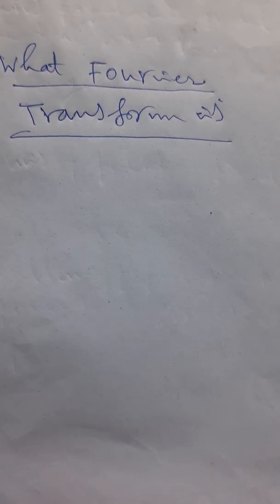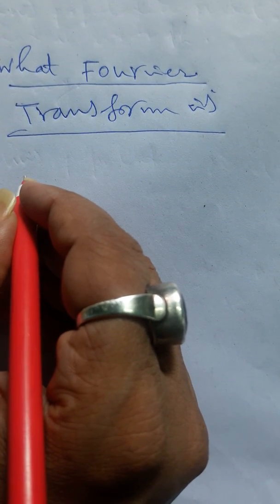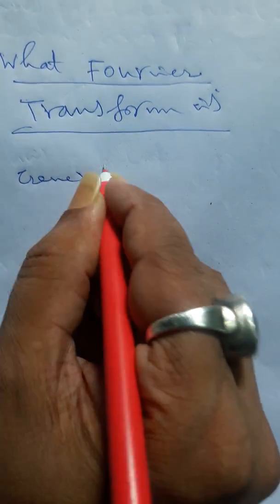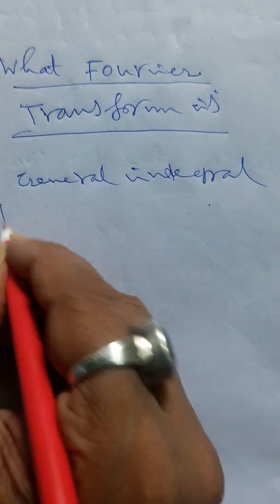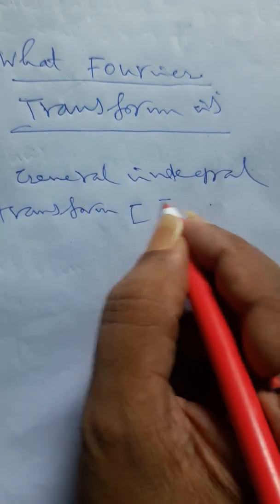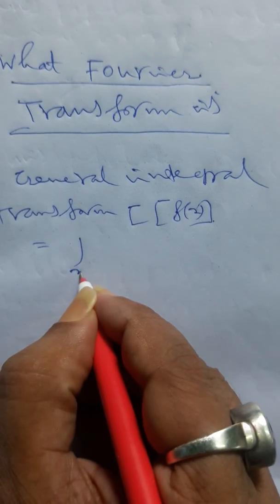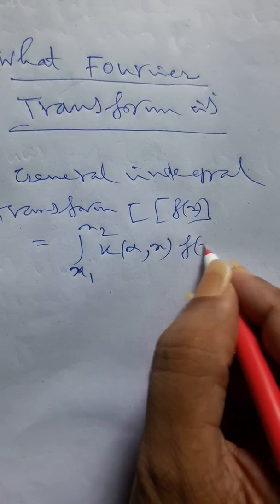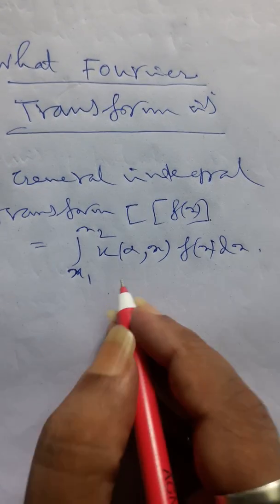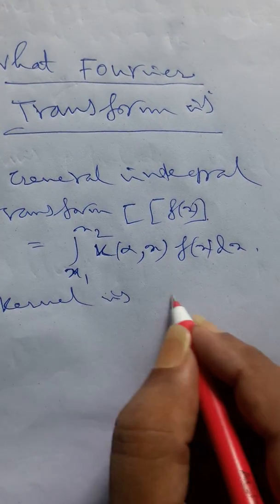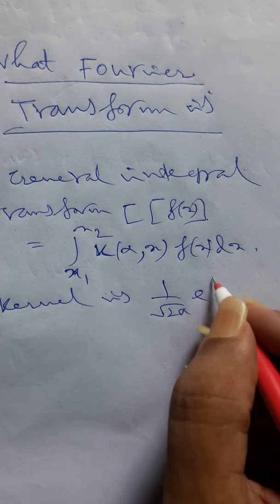Fourier transform. Now we have to define the Fourier transform. So let us recall one thing: in a general integral transform, if we define it as I of f(x) is equal to the integral from x1 to x2, those being the limits, of K(alpha, x) the kernel operating with f(x) dx, and if we consider that this kernel is 1 by root over 2 pi e to the power ikx,